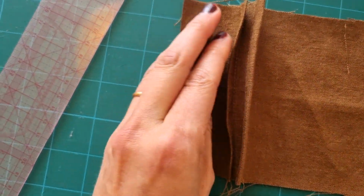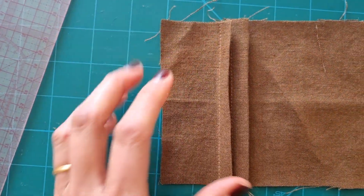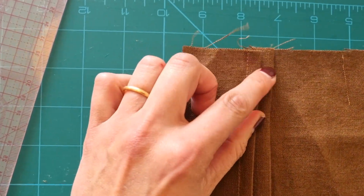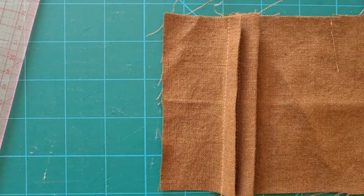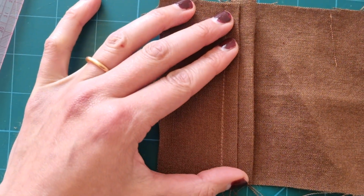And I've got my 2 pin tucks, so I just need to give them a press. But that's what you do. And if I were you, I would do this once your skirt is already a circle. Otherwise, you're going to have to try and join these pin tucks up on the side seam. So I would wait until your bottom skirt is a full circle before you're hemming basically, and then sew these